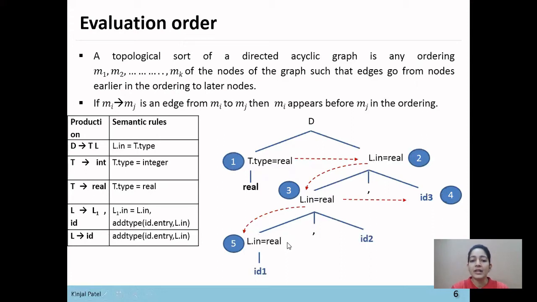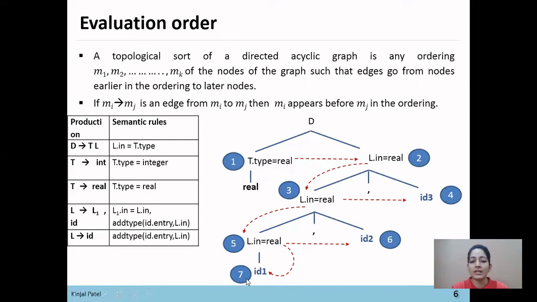Now after getting the type of identifier, it will give that type to ID2. So the parser can know that this ID2 is of real type. So the next order is 6, which is given to ID2, and last this real type will be given to ID1 so that the parser can know that this ID1 is also of real type.